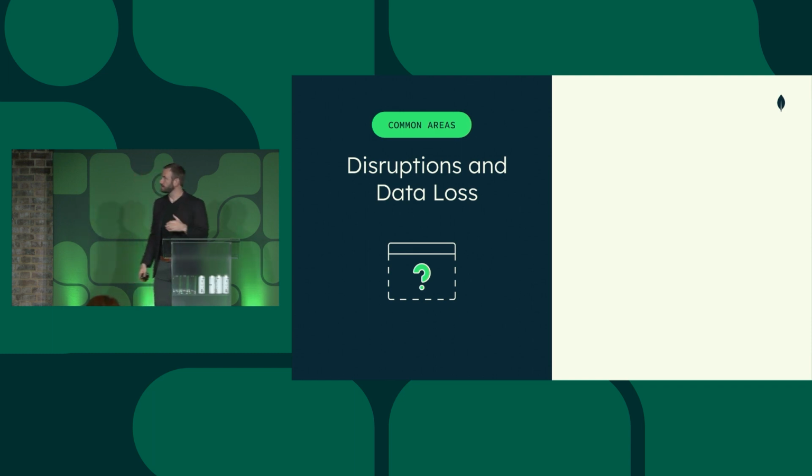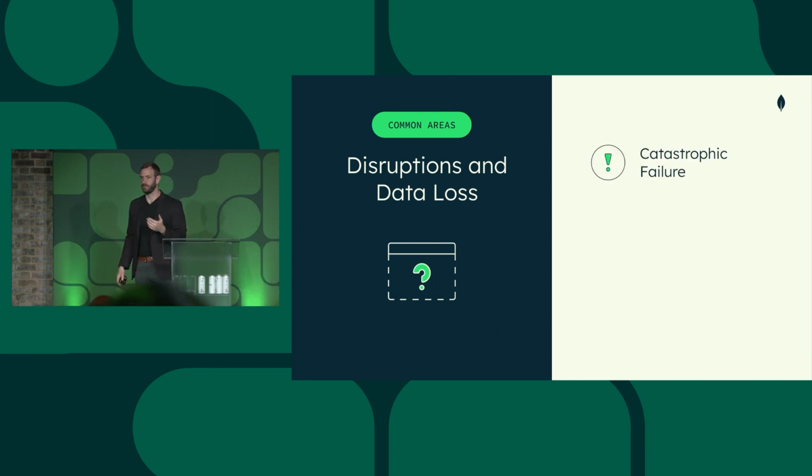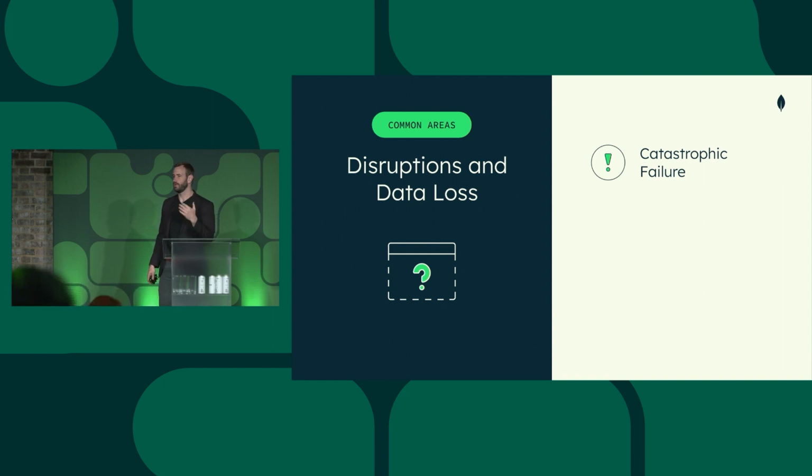So let's talk a little bit about some of the disruptions and data losses and where those can occur. We've already touched on one of them, the cyber attacks, but there are other pieces like catastrophic failure. If you have all of your data in one region, maybe a cloud provider region, maybe a certain data center, that system is vulnerable to catastrophic failure. Think of something like a flood or a fire, which can still happen and can affect even cloud regions. That can take down all of the servers or all of the hardware that you're running, and then you have nothing to come back from.